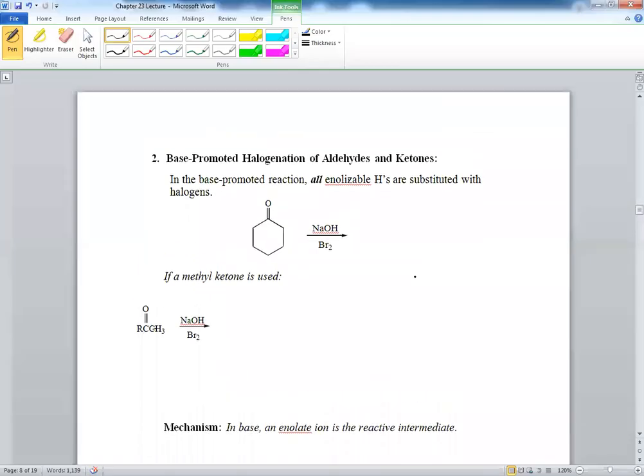Now, what happens in a base-promoted halogenation of aldehydes and ketones? In this one, you don't get a mono substitution. You actually get multiple substitution, polysubstitution. What do we mean by that? It says here, in the base-promoted reaction, all enolizable H's, and here they are, should always be able to point them out